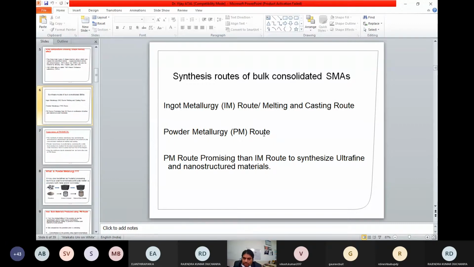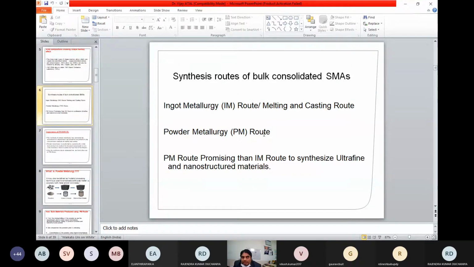So when using ingot metallurgy, the material should be machined to get the final shape. Machining, especially in the case of nitinol type alloys, is difficult because of the work hardenability of this alloy.